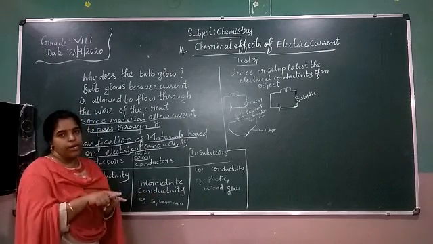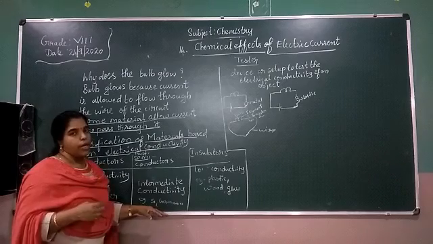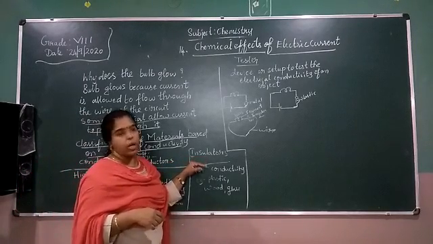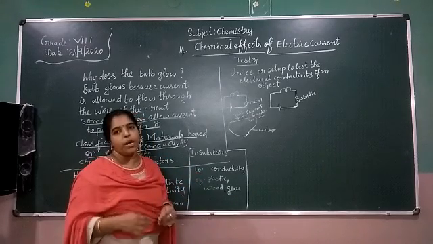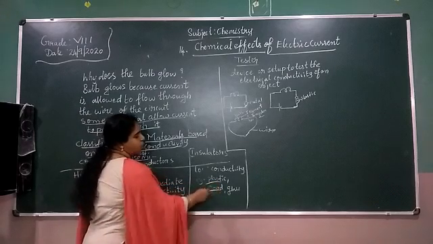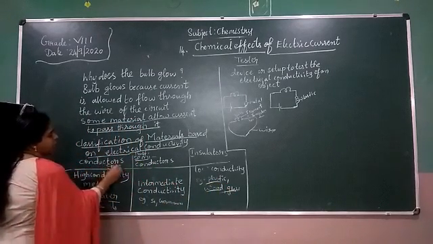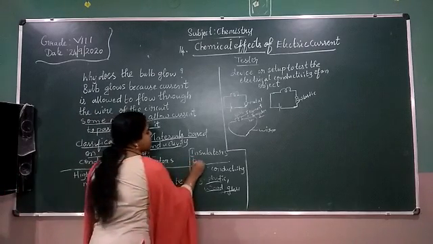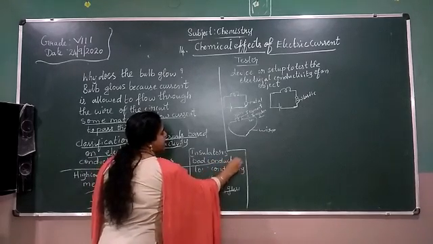They have intermediate, some half. Semi means half. Examples are silicon, germanium, etc. Next, coming to the insulators. What are insulators? The materials which do not allow the current to pass through them are insulators. Examples are plastic, wood, glass. Here these are the good conductors, good materials. Insulators we can also call bad conductors.